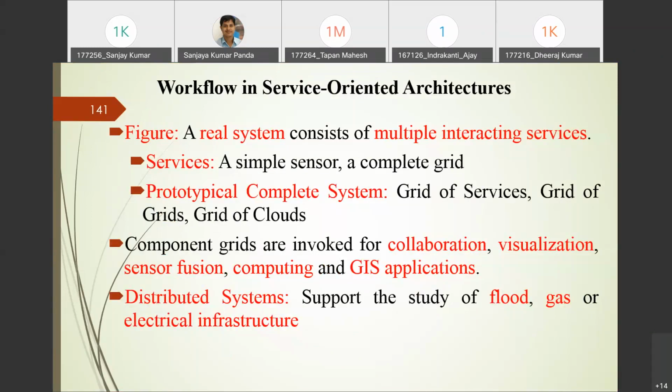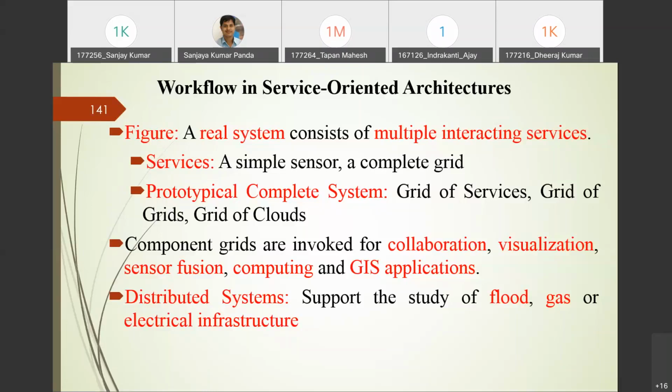In a narrow sense, a service may be a simple sensor, which means only one output data stream, or it may be as large as a complete grid. A complete grid is a collection of services with multiple inputs and multiple outputs. But in the simple sensor case we expect a single output. Whenever you go for a big system, the number of inputs and the number of outputs both increase, right?